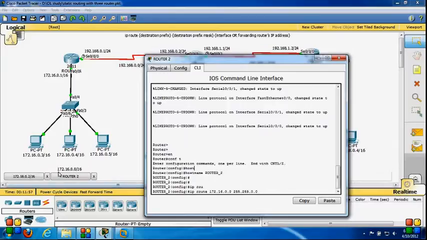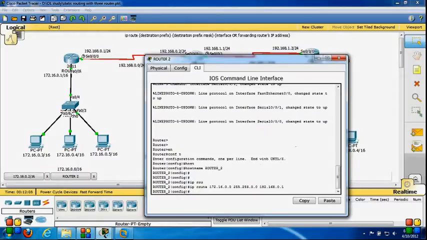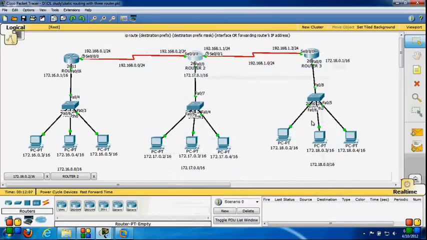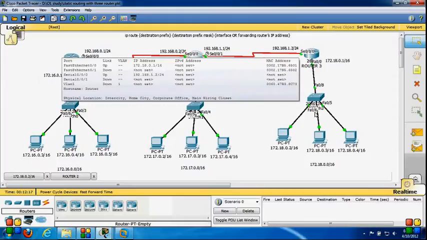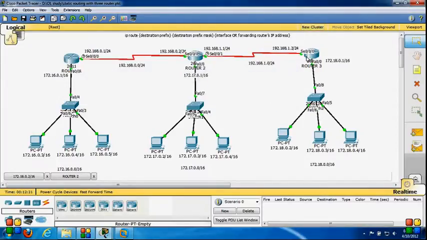So this is my destination network 172.16.0.0, and 192.168.0.1 is my next hop IP address. I have created one entry, and one more entry I have to create. This time my destination network is 172.18.0.0, and my next hop would be 192.168.1.2, because if I want to reach this network, I have to go to router 3's serial 0/0 interface, which is 192.168.1.2.